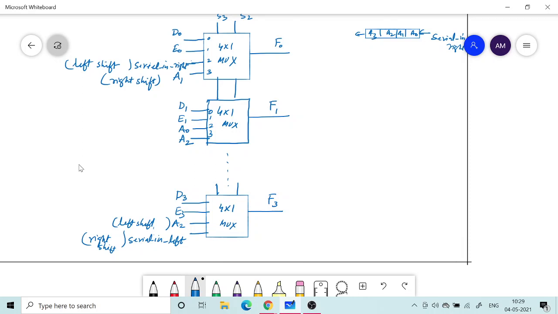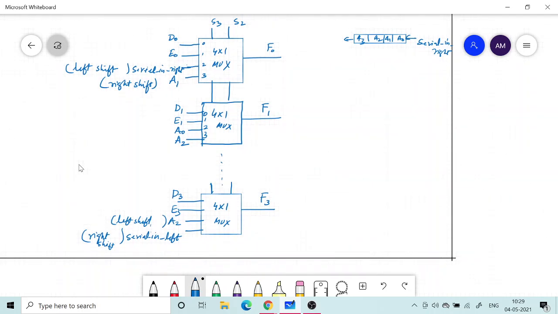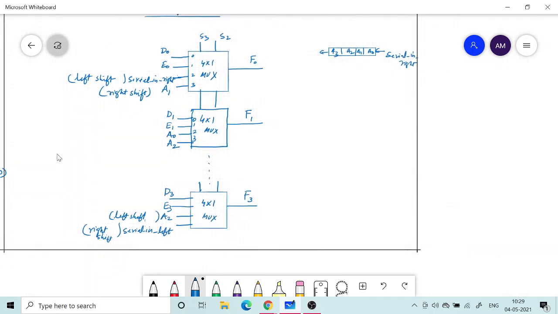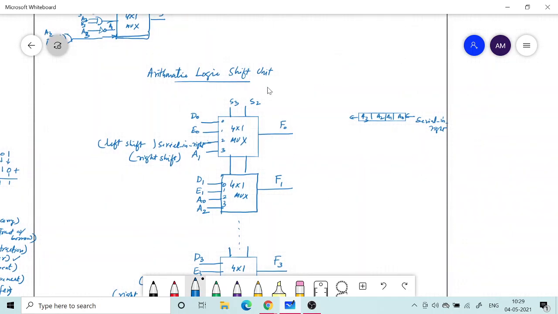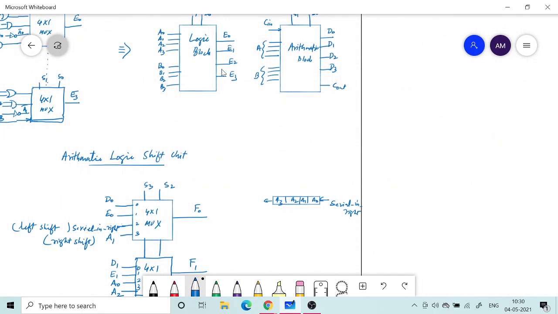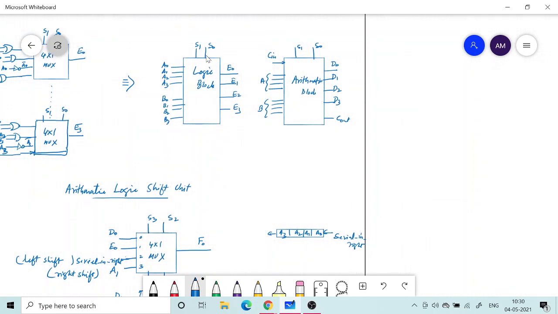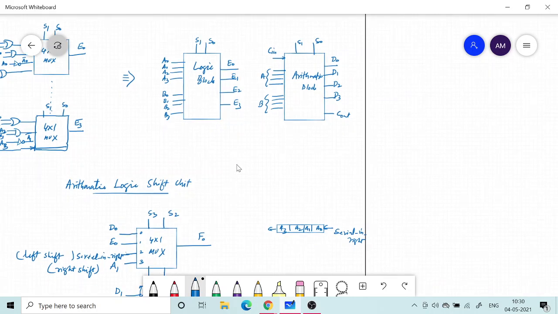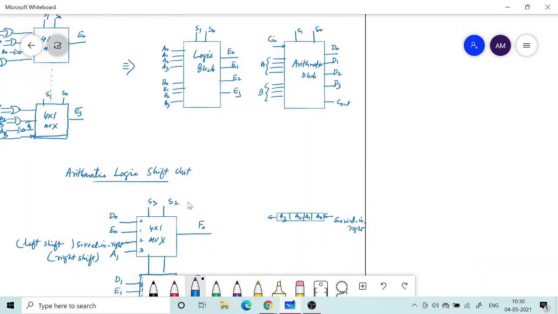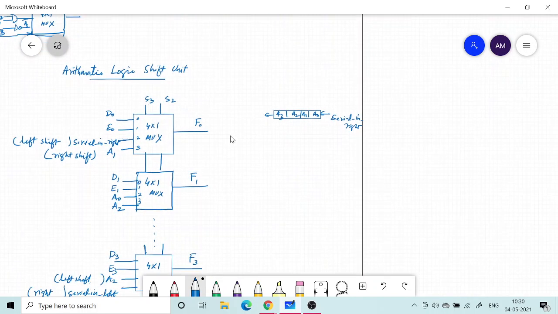But here I am just showing only the arithmetic, logic and shift unit. All these inputs you need to take from the previous blocks. There is a separate block driven by the control signals S0 and S1, and S2 and S3 will decide what operation we will produce.